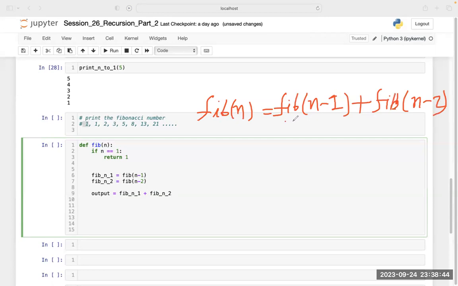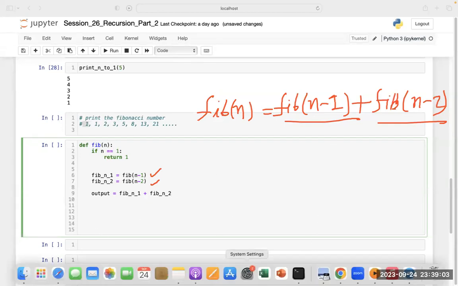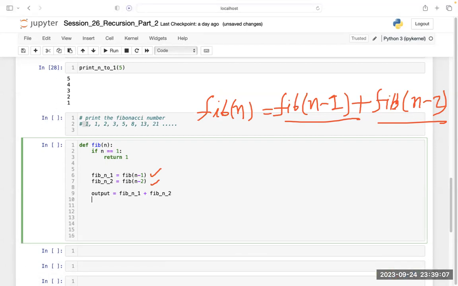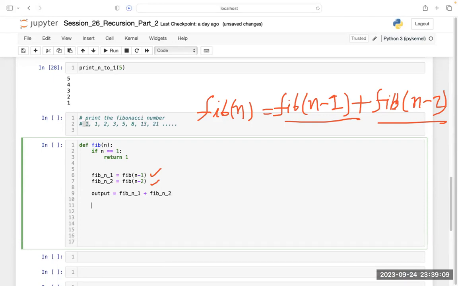What are my n minus 1 and n minus 2? These are the last two values that I am writing here. For n minus 1 I have taken fib n minus 1, for n minus 2 I have taken fib n minus 2. Am I writing the same here as my output? And finally, what do I want? I want to return the output. So just write return output,